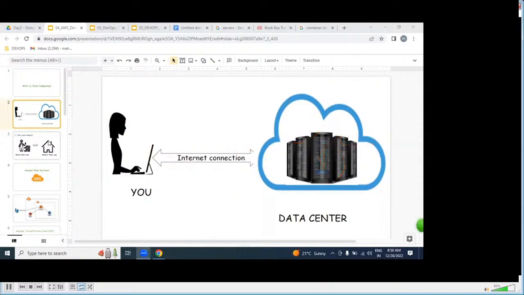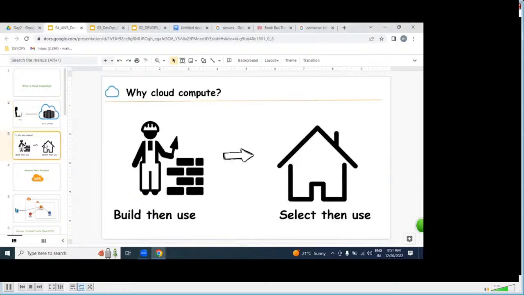Any cloud, either Azure, Google, or any other, is rental-based resources only. We are not buying anything. We get infrastructure on a rental basis, pay as a service. Which is better for you: build and use, or select and use? Which is your favorite out of these two? Construct then use, or a ready-made thing and use it?